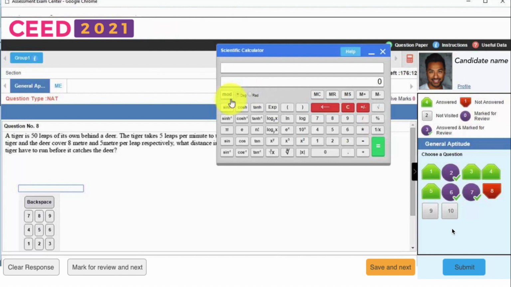The last part is that once you have attempted all the questions and if there is any time left over, there is a small tab available here, which is not seen in this interface, which shows you the different groups like group 1 here, or the numerical aptitude type, the MCQ and so on. So you can actually navigate between those screens as well. The final thing that I will tell you about the exam is I have never used the submit button by itself. I let the examination auto submit all the answers which I have given because I feel that I need to work till the last second of part A.